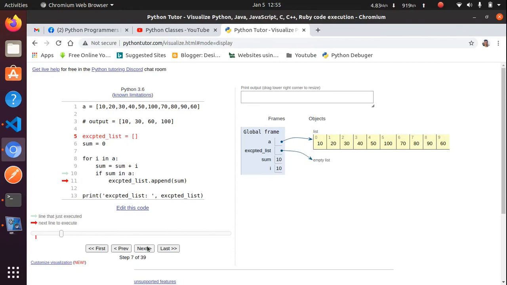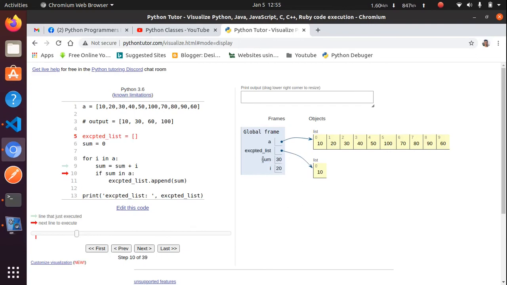Next time, right now sum is 10. The loop iterates, and next we get 30. Now i is equal to 20. Before, sum was 10, so 20 plus 10 is going to be 30. Sum is equal to 30.